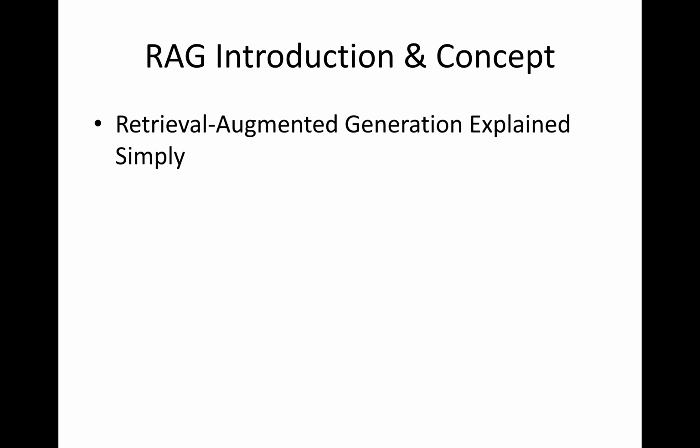Why do AI chatbots sometimes give wrong answers even after being trained on huge datasets? What if your AI could search documents, PDFs, websites, or company data before answering? That's exactly where RAG comes in, which means